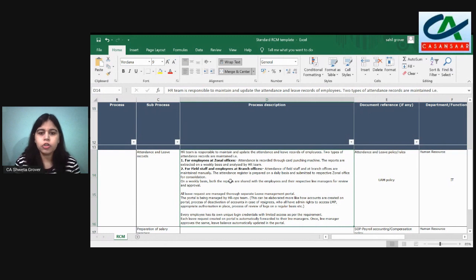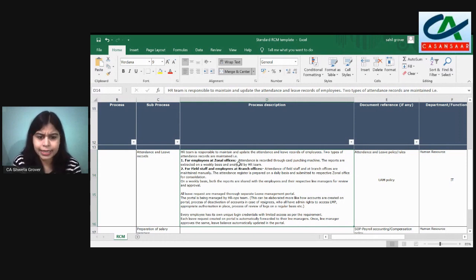The thing which you are going through, the process you are looking at, that should be captured here. The company may have a very good process document, but if you just replicate that, it won't create any value addition to this RCM. Exactly what you are viewing, what process you have evaluated or seen, that should be captured in this process description.